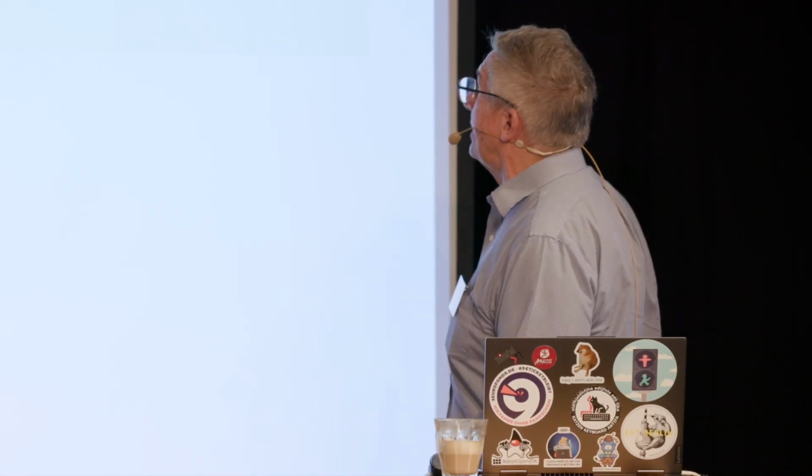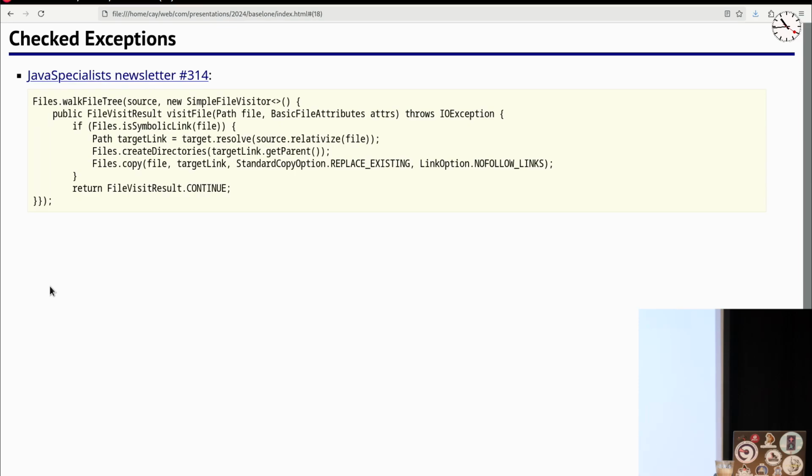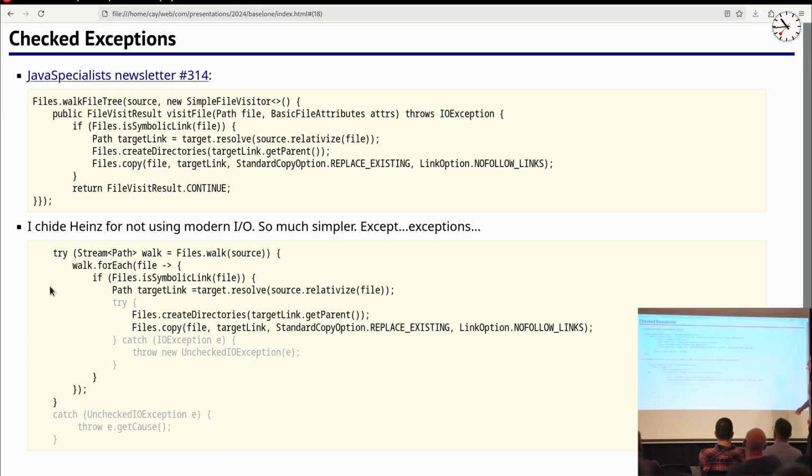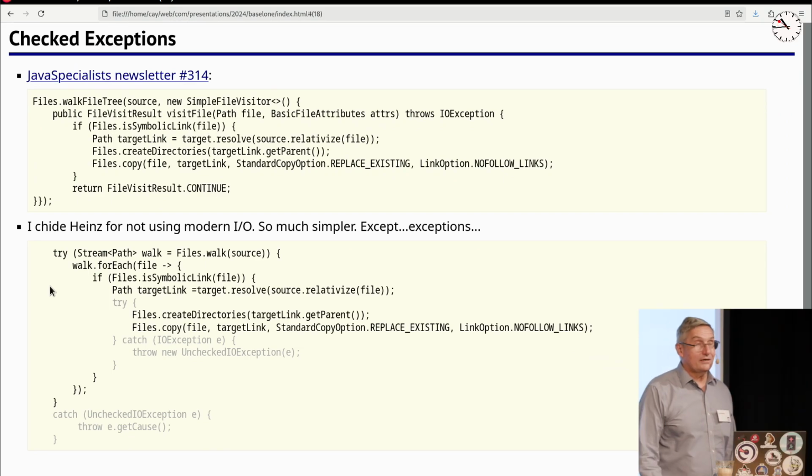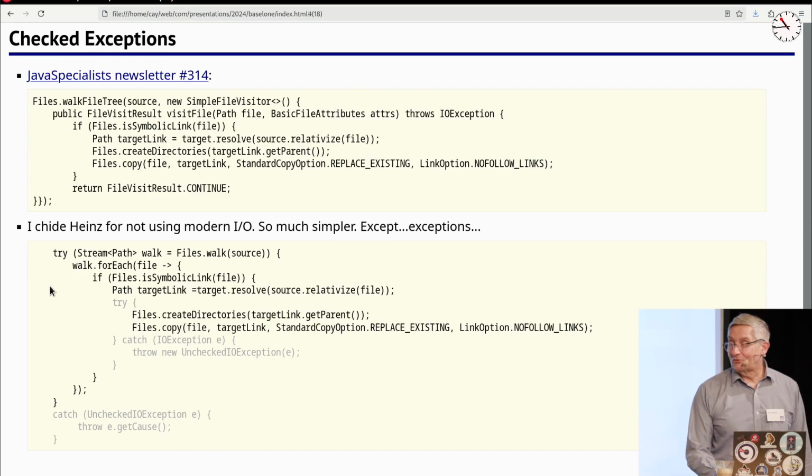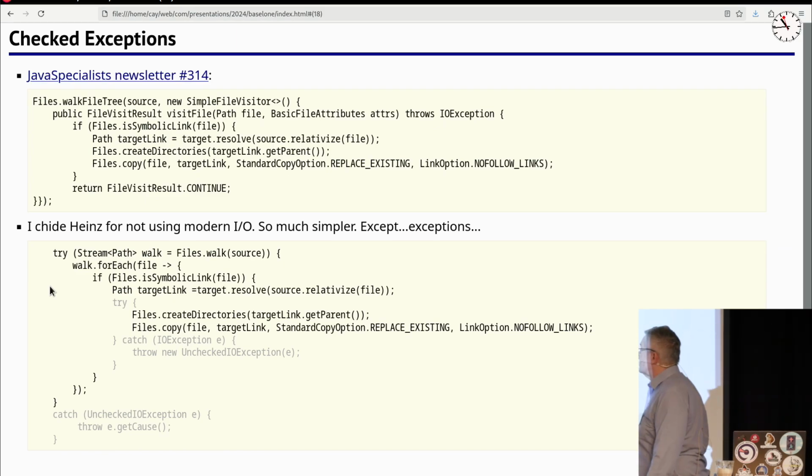Checked exceptions are always a problem. So here is a cautionary tale. Heinz Kabutz gave me this, I read through his newsletter, I looked at this article, and I said, Heinz, don't you know that file visitor or walk file tree, that's from Java 8, and you should no longer be using it. You should instead be using files.walk. And he came back to me and said, like this. Because files.walk is actually kind of nicer, it's more consistent, but because of the checked exception stuff, you have to put in all the lines that are put in here in gray, and that is really unpleasant. So that is one of the reasons that streams are not all that wonderful.